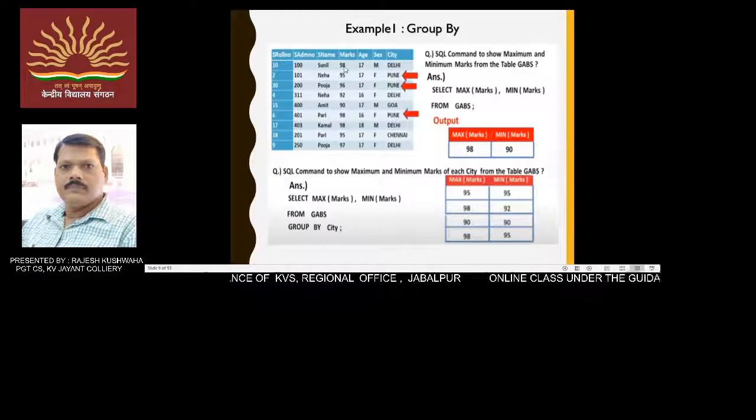Where is 98? You can see the 98. From this column, the maximum value is 98, so here it is displaying 98. And from this column, when it has to display the minimum, this aggregate function will evaluate and find the minimum marks from this column, and it is 90. So from this query, the output will be this way. Okay. Now suppose we want to